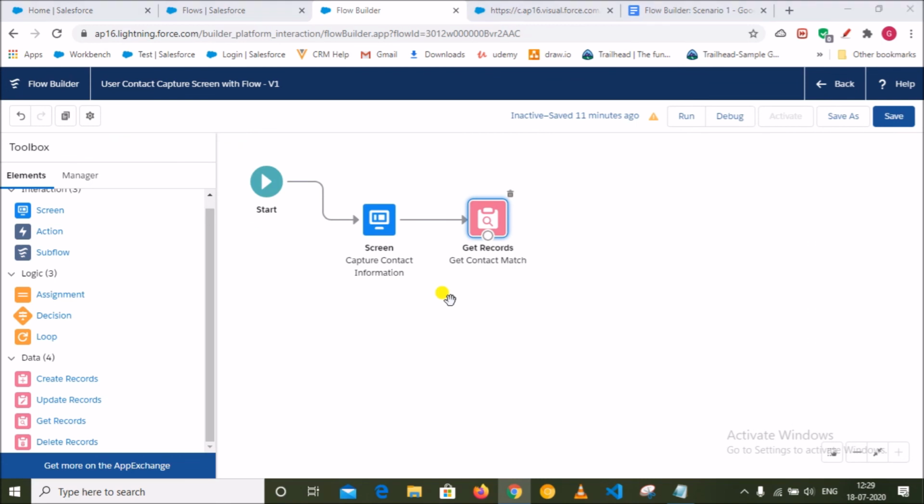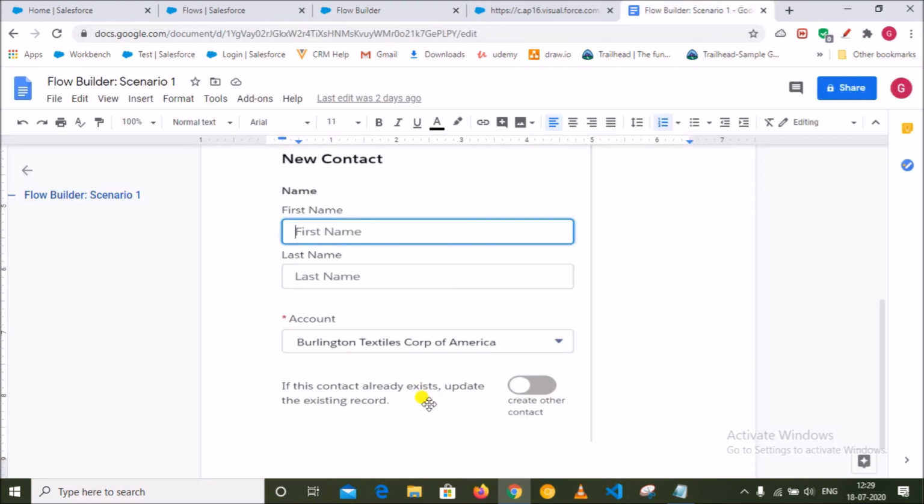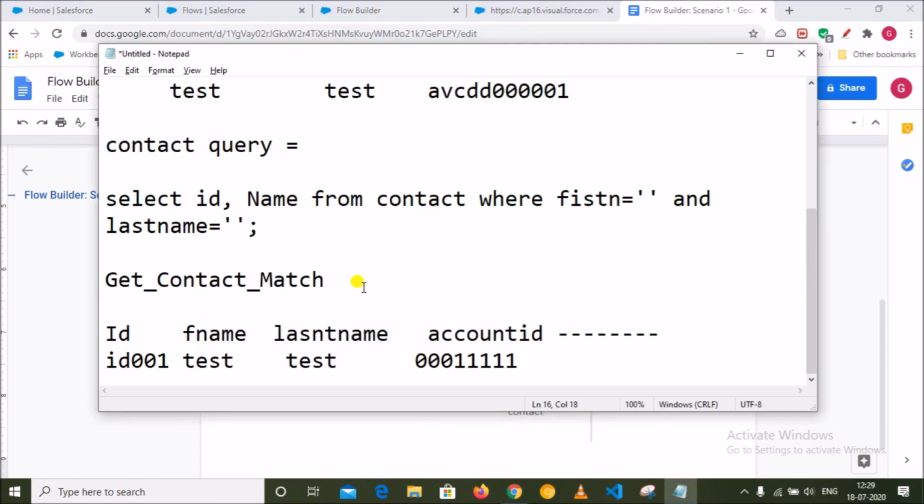In the next session we will use the decision to check what condition the user has selected. If you see here, the user has an option to select any one. Based on how the user has selected the condition, we will use the decision, and based on the decision we will create the record or update the record. So thank you for this session.